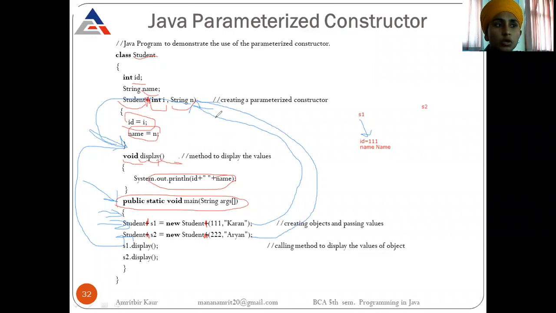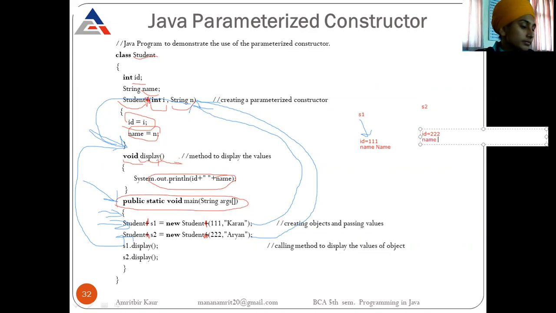So this is our suitable constructor. Now it passes the value 202 and the name is Aryan. So our ID becomes 202, and the name is Aryan. So S2 is pointing to this object.